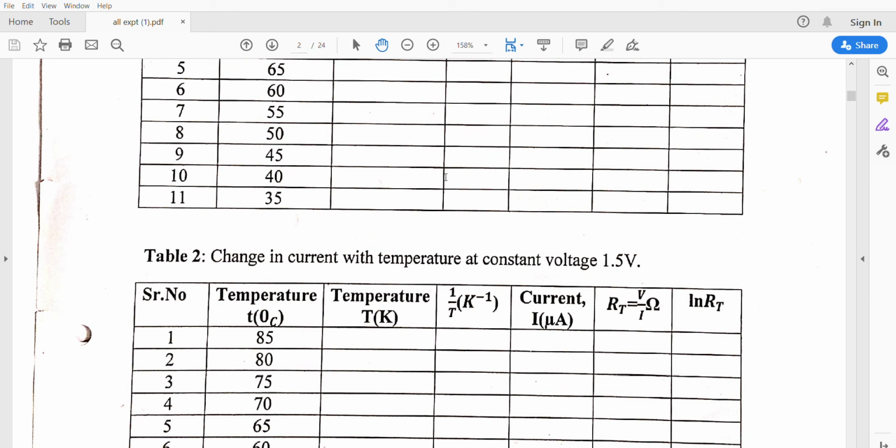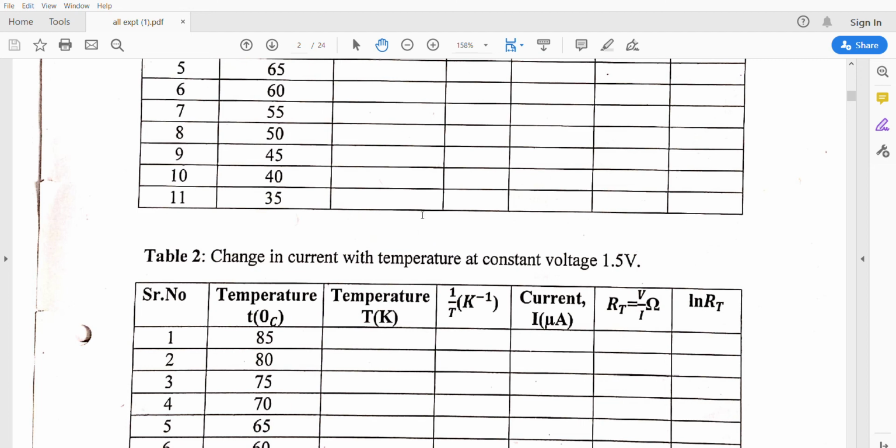The voltmeter and ammeter readings should initially be at the 0 mark. So we need to first calibrate the voltmeter and ammeter to 0, and the bulb of the thermometer should be inserted well in the oven. So inserting the thermometer and observing the mercury reading is also important here.